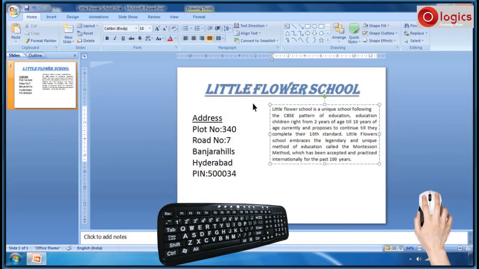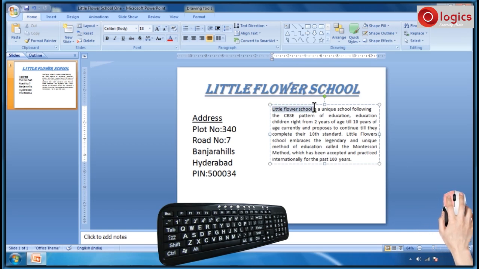Let us see how to copy the text on the PowerPoint slide. Select the text which you want to copy. After selecting the text, here I am clicking copy command in menu bar.